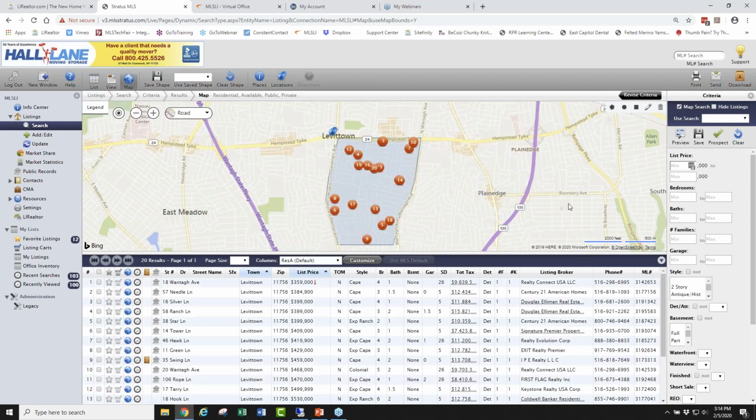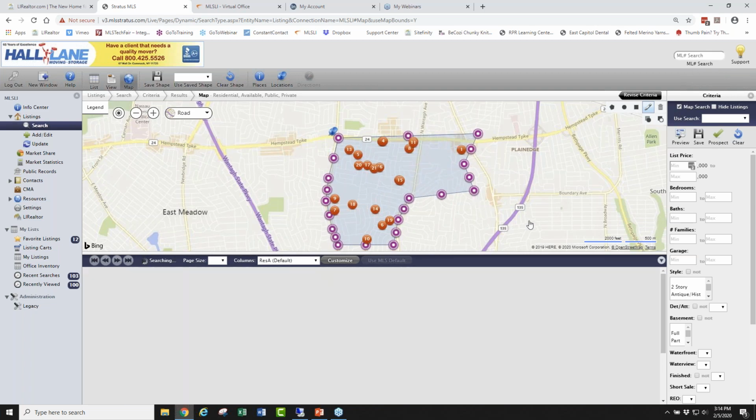There we go. Okay, so now I know I'm dealing with only those particular listings where they said they wanted to live. Okay, this is not me determining where they want to live. This is what they've told me. Okay, that's important to remember. Now, if you want to change that shape, you can just click on the pencil, click on the shape, and then you can drag your little circles. Okay,